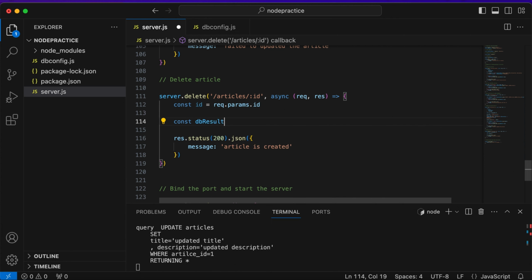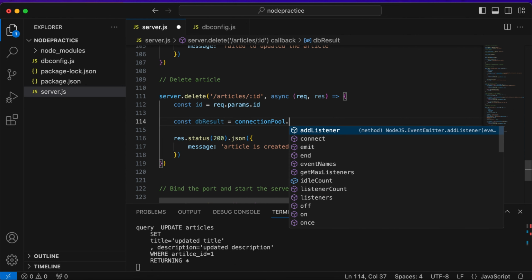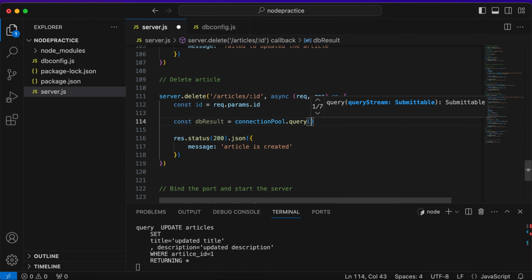Constant db result equals to await connection pool dot query of the query is